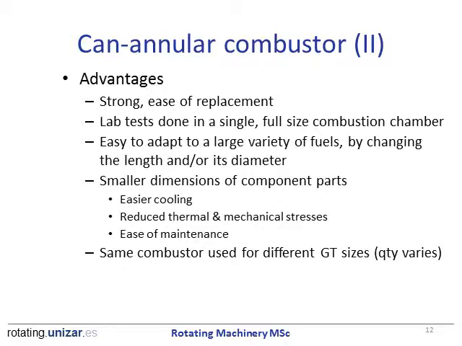You only have to use as many combustors as you need for the larger or the smaller gas turbine you want to build. This reduces the product development cost and also the duration, and avoids risk associated with new designs, reduces inventory of spare parts, and also allows to accumulate operating data faster. Talking about the disadvantages, because everything also has a disadvantage, they are less efficient than annular